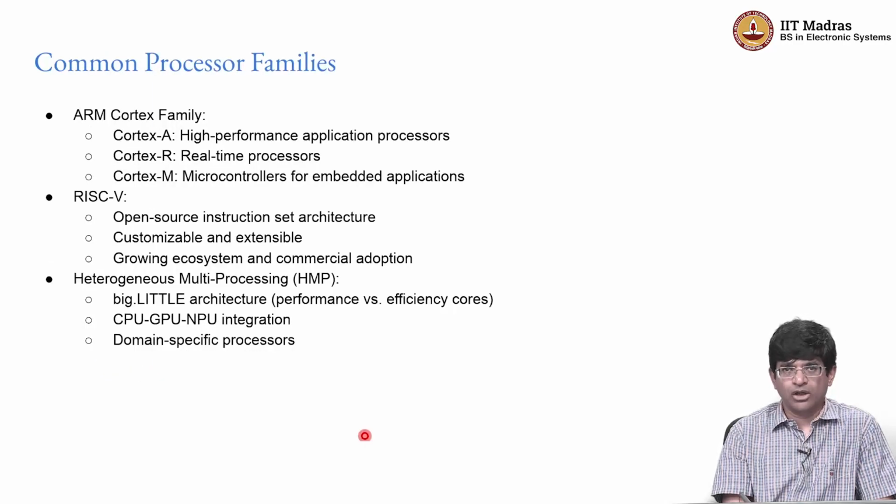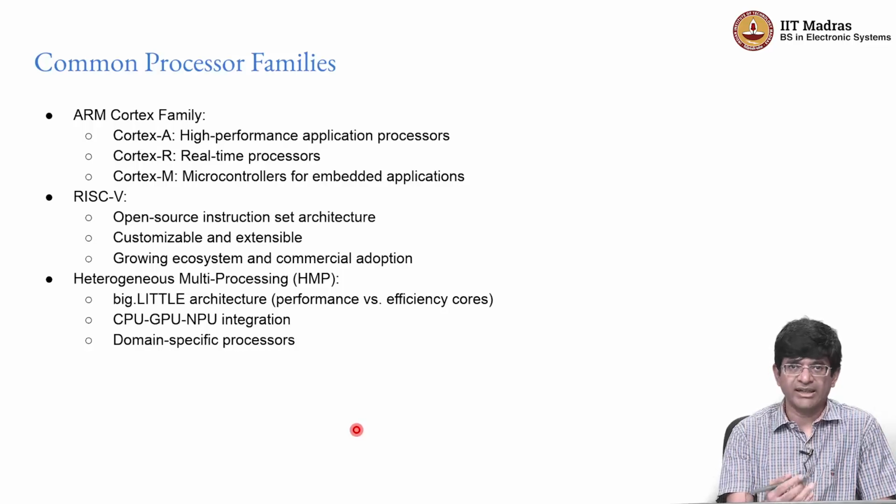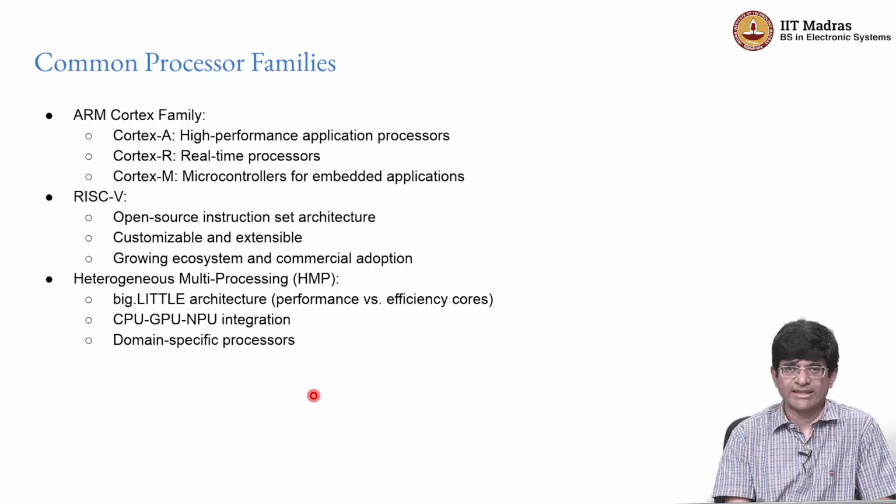Now, there are many common processor families which you are likely to encounter at some point as you go through and come across this. Interestingly enough, the traditional desktop processors, Intel and AMD, do not tend to come up very high in this list because they are not really designed as systems on chip. Having said that, the newer processors, for example the APUs from AMD, do have a lot of features that resemble SoCs, and the trend is to move towards integrating more components onto the same